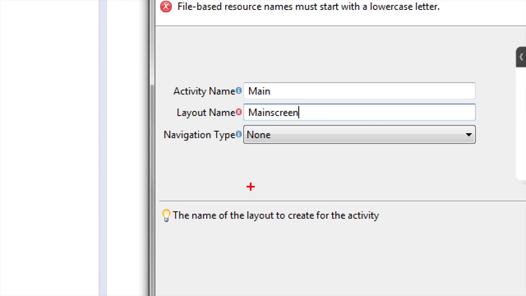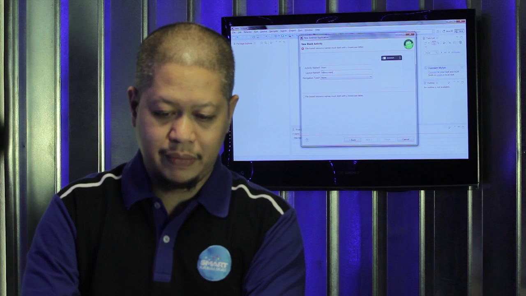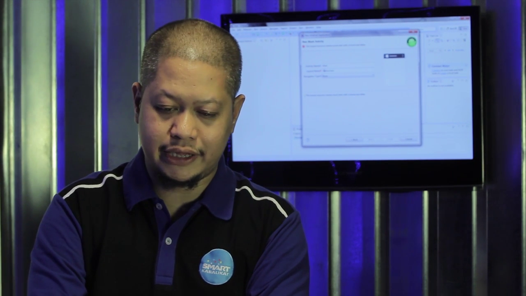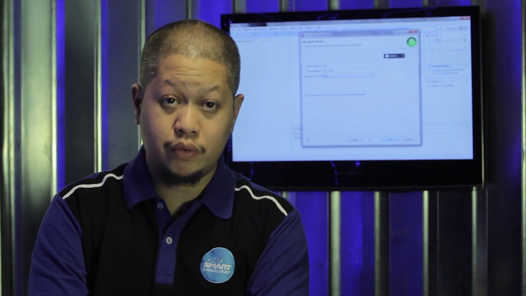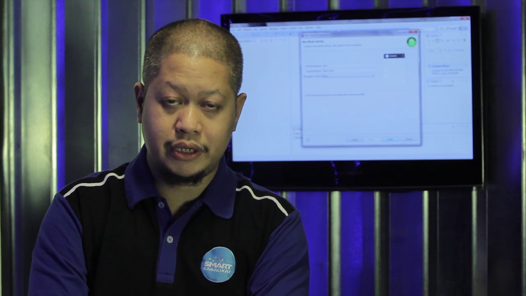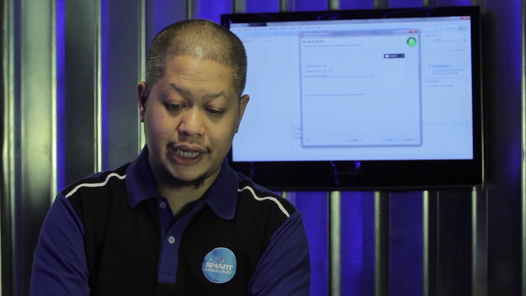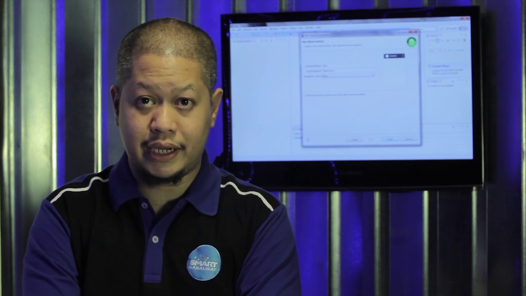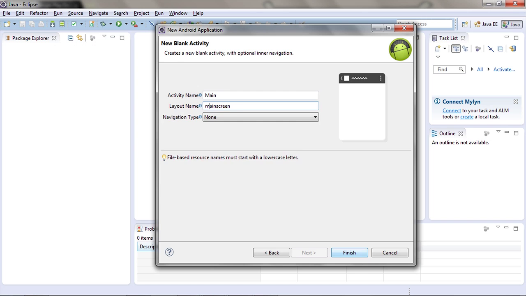We won't bother with navigation yet. We don't need that. You'll notice that I have an error on my window right now. Main screens are actually XML files, as you'll get to see later, and they are named with small letters. You never name your XML with capital letters. Activities are Java class files. That's why they start with a capital M. So we'll click on Finish,